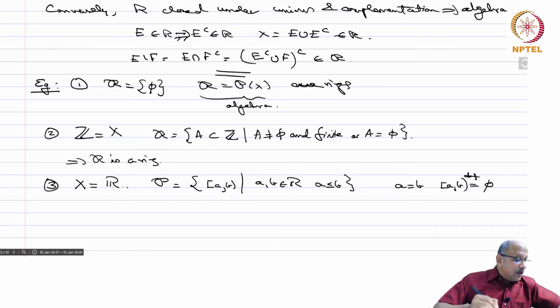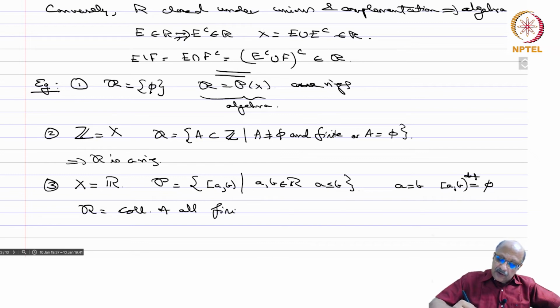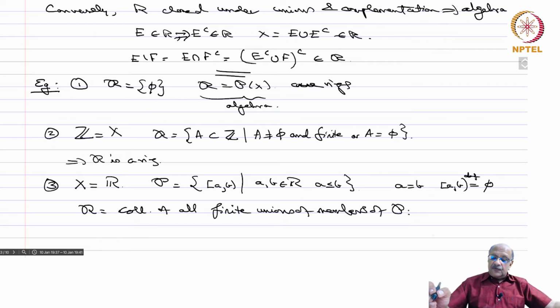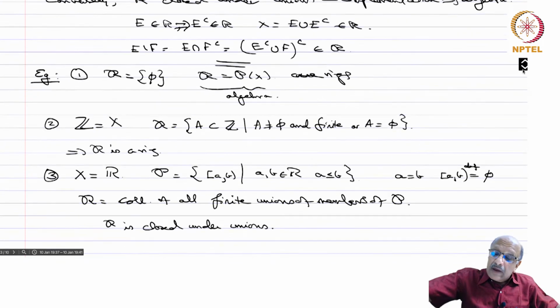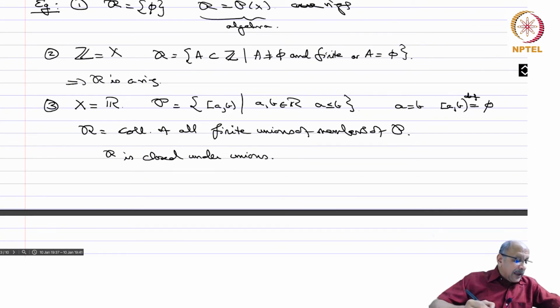Okay, so then you take R equals the collection of all finite unions of members of P. So R is the collection of all finite unions of members of P. So obviously R is closed under unions, because you take two finite unions and put them together, you are going to get another finite union. So there's nothing to do. So only we have to check about differences. Now if you take [A,B) minus [C,D),